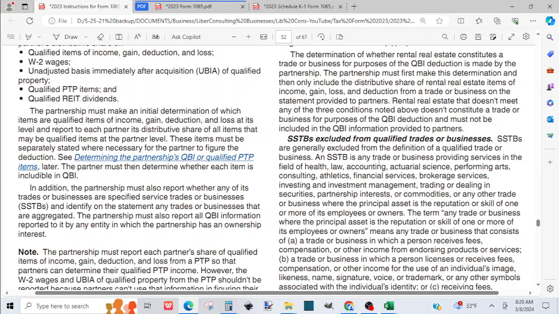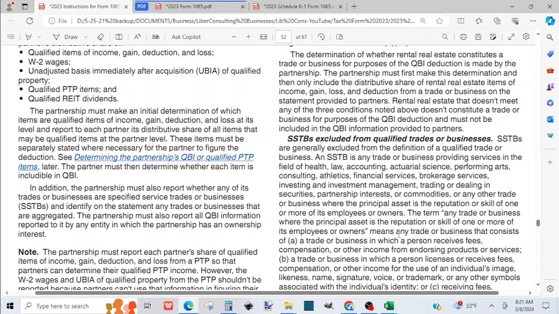An SSTB is any trade or business providing services in the field of health, law, accounting, actuarial science, performing arts, consulting, athletics, financial services, brokerage services, investing and investment management, trading or dealing in securities, partnership interests or commodities, or any other trade or business where the principal asset is the reputation or skill of one or more of its employees or owners. The term any trade or business where the principal asset is the reputation or skills of one or